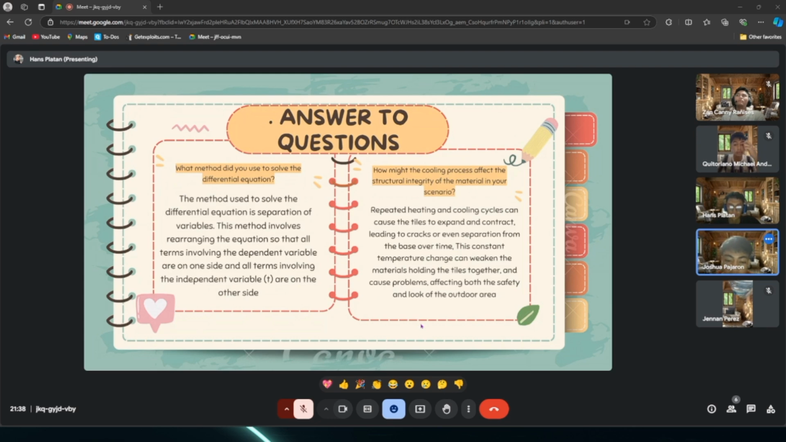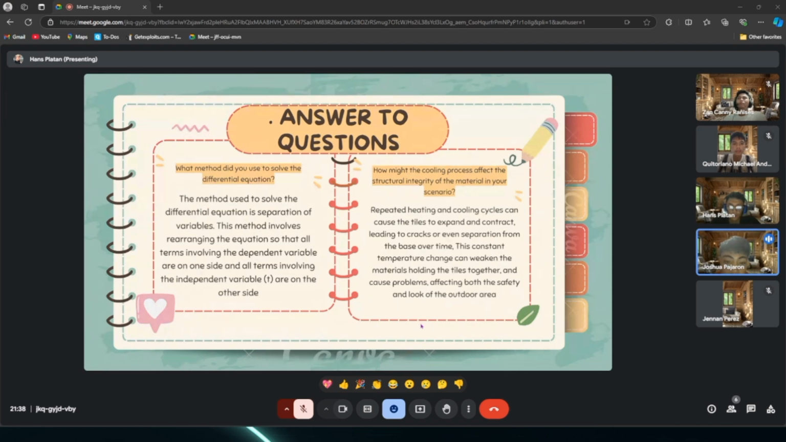So fourth is, how might the cooling process affect the structural integrity of the material in your scenario? Repeated heating and cooling cycles can cause the tiles to expand and contract, leading to cracks or even separation from the base over time, especially with climate change. This constant temperature change can weaken the materials holding the tiles together, like glue or grout, and cause problems, affecting both the safety and look of the outdoor area. This might make it seem like the chosen material isn't strong or durable enough to handle these conditions, potentially